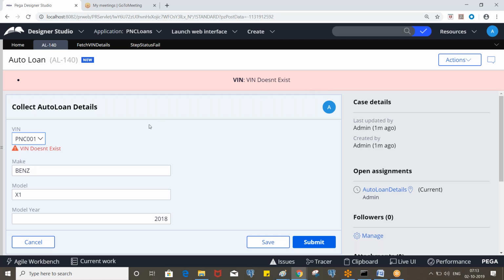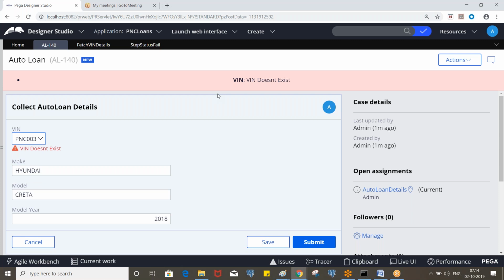Now here, if we select the win which does not exist here, then only it has to display the message. So when you select PNC 004, Satya, sorry to interrupt, but we have used only property set message. So why is it displaying on the page? That's what we need to handle.